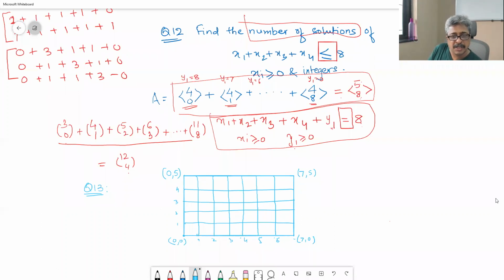So this is the map of a township, and these are the roads. They are perfect. In between there are buildings. So you really cannot go from 0, 0 to 1, 1 by any other way but 0 to this point and this point, or this point and this point, right? So I want to go from 0, 0 to 7, 5. And there are so many roads available. In how many ways?